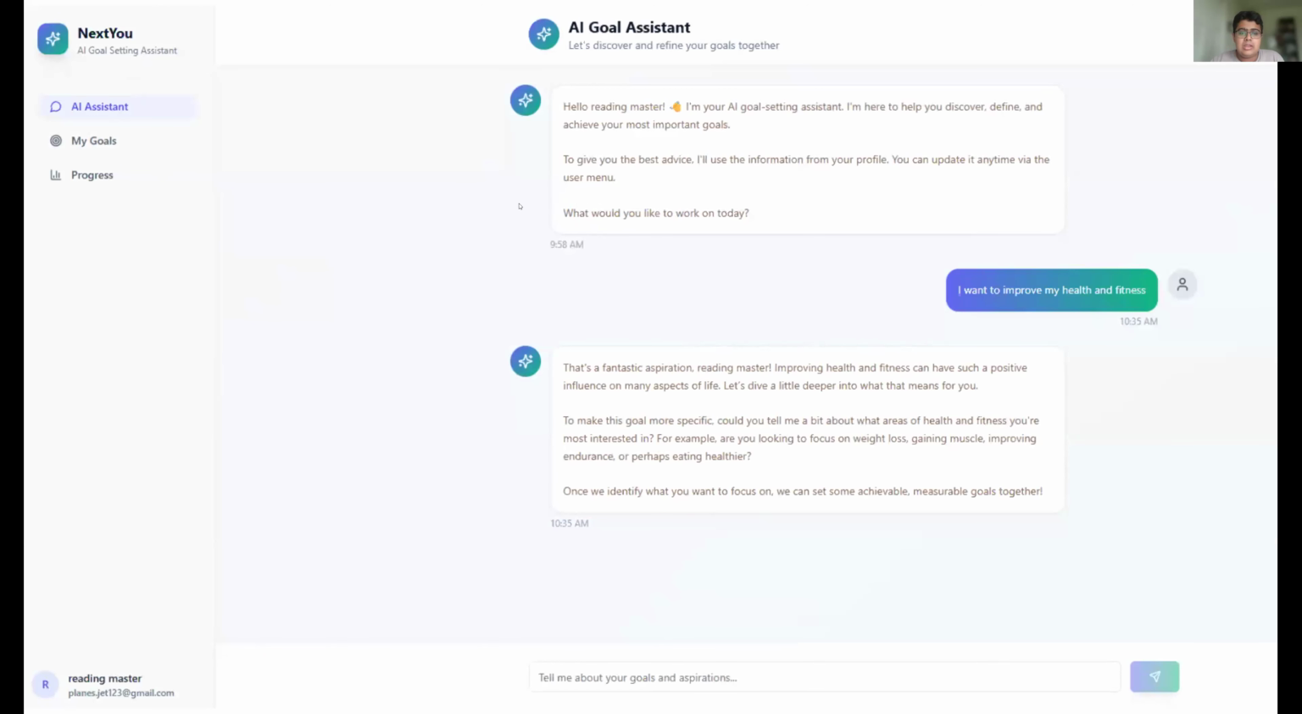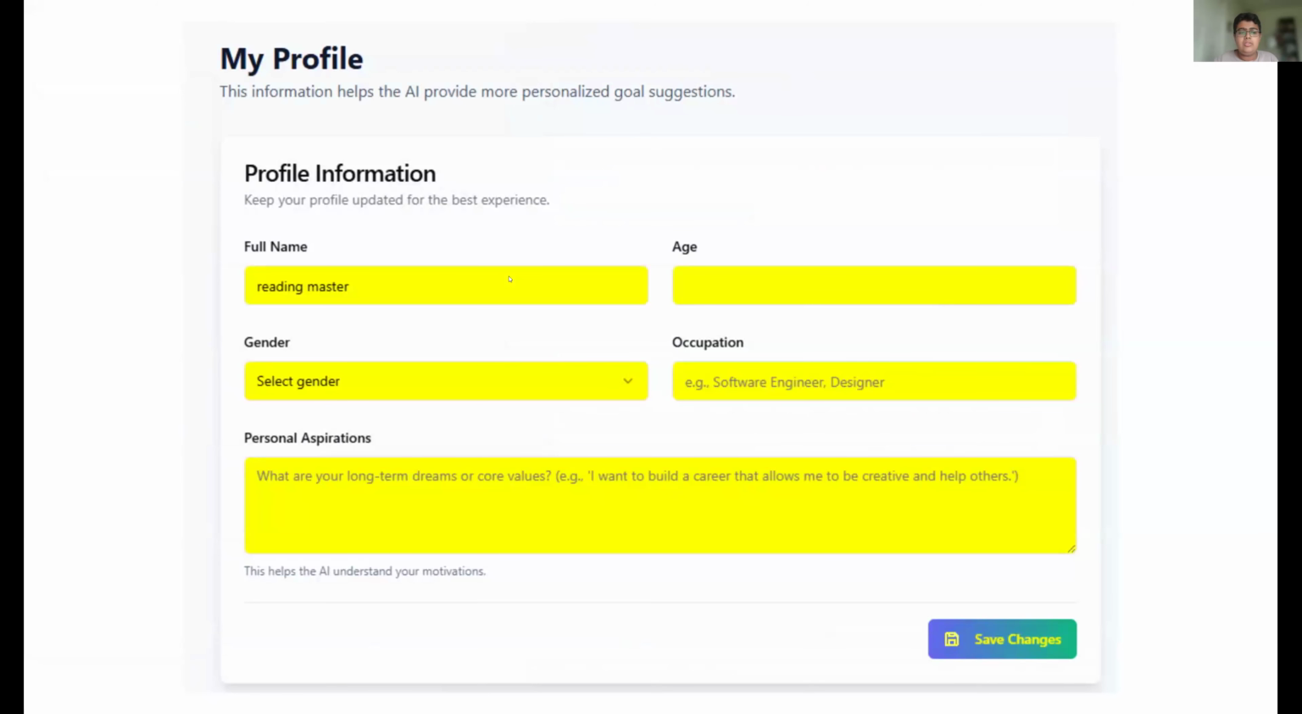So you have an AI assistant, which is customized to you and you can talk with it and it helps you set those goals as well as progress trackers. One of the biggest things that we want to add was a profile page. That way, when you first log into the app, the app already knows a little bit about you, like your gender, your age, your occupation, and some of your smaller short-term goals. It can really customize what it says just for you specifically,